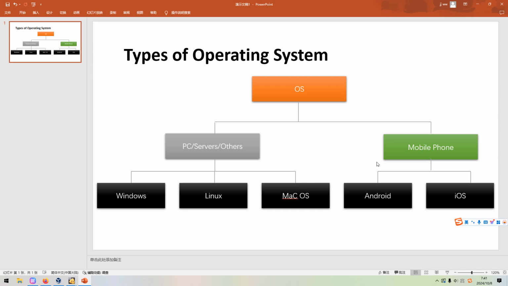With respect to mobile phones, there are two major flavors. One of them is Android, and another one is iOS, developed by the Apple company. So in this video, I'd like to take you through the Android operating system, which would be very fun. Also, I'd like to show you that Android is based on Linux.